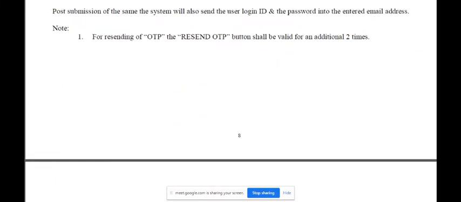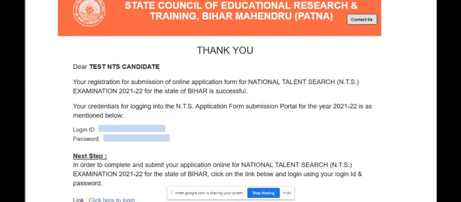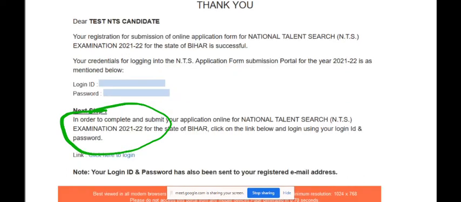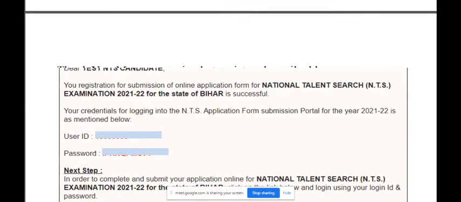As soon as we submit, we have registered ourselves, and after that you will get a thank you page from the portal, where you will get your login ID and password. You have to note down this login ID and password, as it is required to fill the application form.